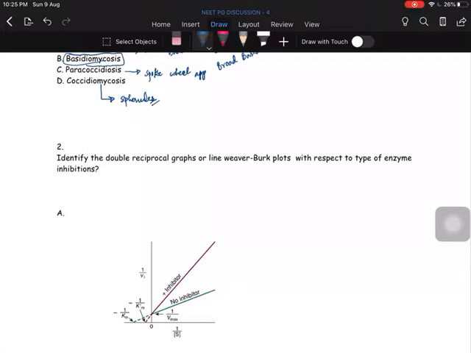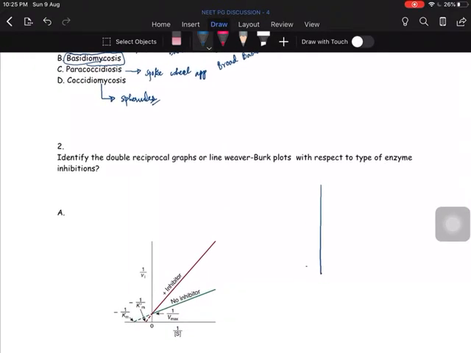So next question is: identify the double reciprocal plots, or the Lineweaver plots, with the type of enzyme inhibition. In a normal enzyme kinetics, we plot between the velocity and the substrate concentration, and we get a graph. For example, if this is the normal graph, and when we do competitive inhibition, the Km is increased, Vmax is constant. This is the normal graph, but when we do double reciprocal plot of this, we get